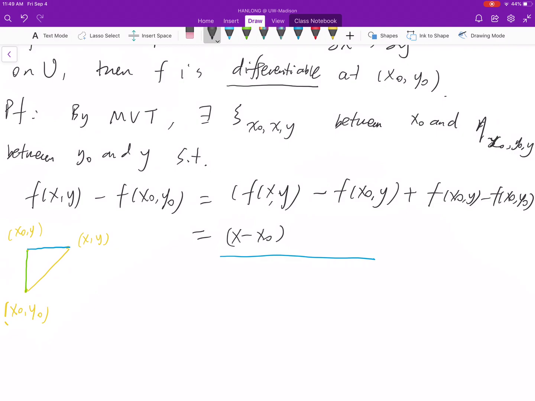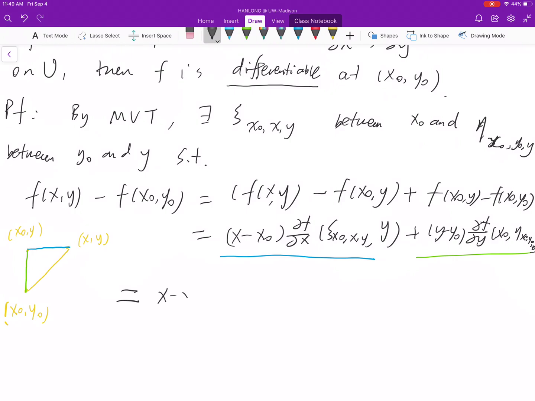So you have this c_{x0,x,y}, and then for the second one, the green part, you have (y minus y0) partial f partial y at (x0, eta_{x0,y0,y}). Okay, and